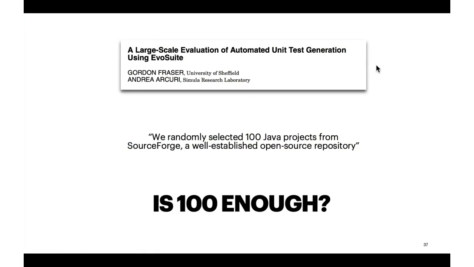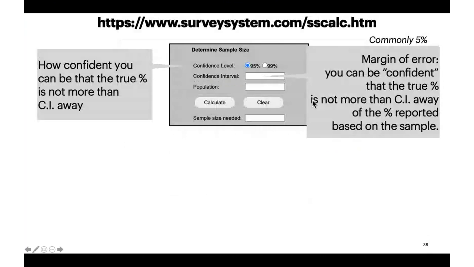Luckily, we are not the only people in the world who are doing random sampling, and our friends from statistics have designed all kinds of methods and tools to help us. This is an example of a tool. I'm not going to discuss today what kind of mathematics is behind the tool; I will discuss it later on. But what's important for you to understand is that these tools allow one to determine the sampling size